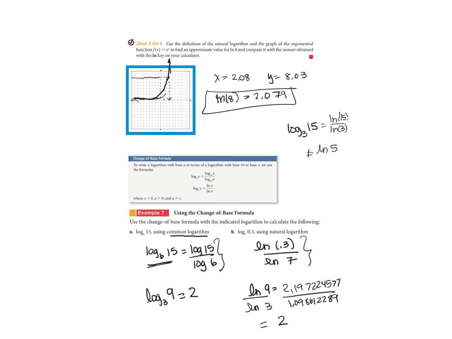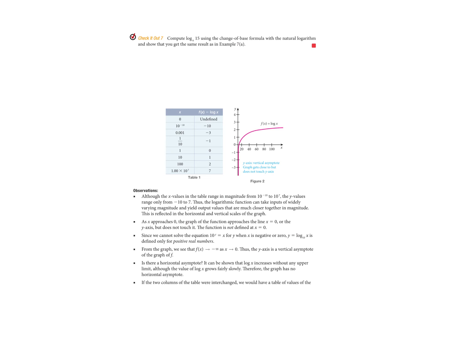All right, so let's take a look at the next page. Compute the common log of 15 over 6 using the change of base formula in the natural log, and show that you get the same result as in the example. So we're going to use the common log of 15 over the common log of 6. So I'm typing that into my calculator. I take the log button of 15 divided by the log button of 6, and I get